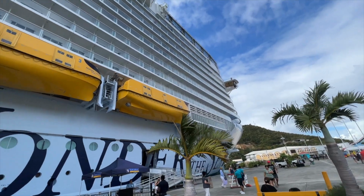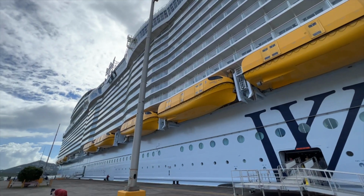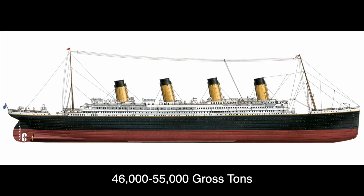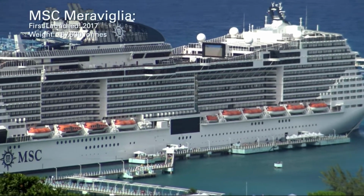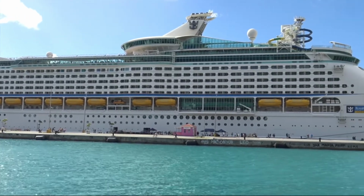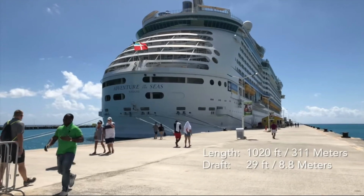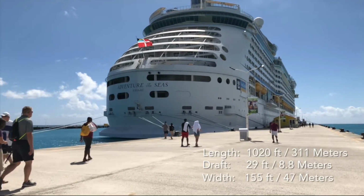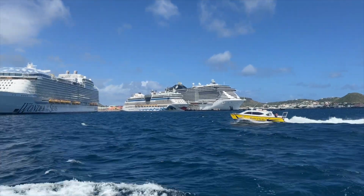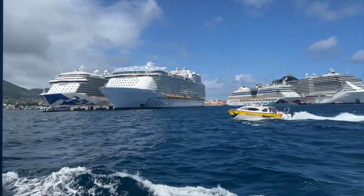Just to give you a little bit of perspective on how large this cruise ship is, and the Oasis class in general: the Titanic was about 55,000 tons. Most large cruise ships, like the MSC Mirabilia that we were on, and even Freedom class cruise ships, a lot of the big Carnival boats, Norwegian boats, are generally between 130,000 and 175,000 tons. Very, very big ships. The Oasis class ships are the biggest class of cruise ships in the world, and the Wonder of the Seas is the biggest in that class, weighing in at just under